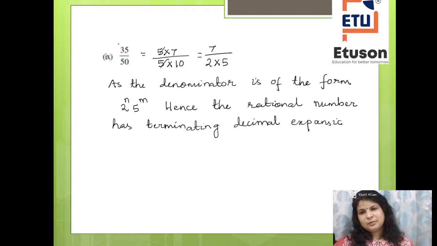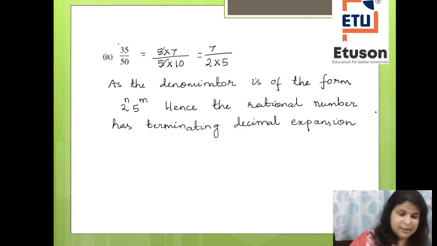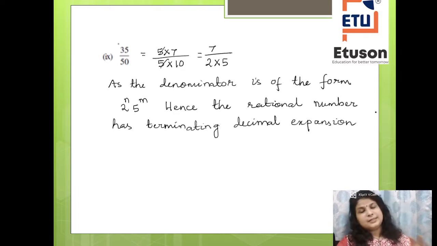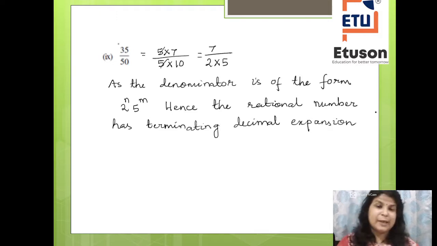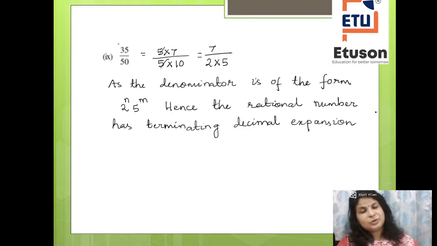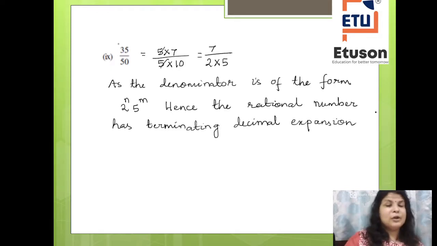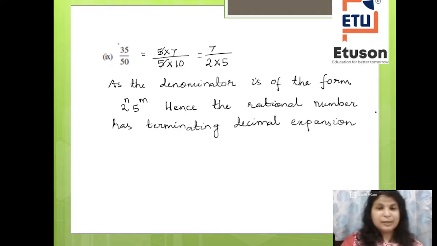करेक्ट। तो बेसिकली हम लोग क्या किए, ये सारे के सारे प्रॉब्लम में बस डिनोमिनेटर को प्राइम फैक्टराइजेशन चेक किए और देखे कि वो 2 टू दी पावर n और 5 टू दी पावर m के हिसाब से लिखा जा सकता है कि नहीं। अगर लिखा जा सकता है तो वो हो गया तुम्हारा टर्मिनेटिंग डेसिमल एक्सपेंशन। अगर लिखा नहीं जा सकता तो रेशनल नंबर का नॉन टर्मिनेटिंग, रिकरिंग, रिपीटिंग डेसिमल एक्सपेंशन होगा। ये चीज़ का गांठ बांध लो। Correct.